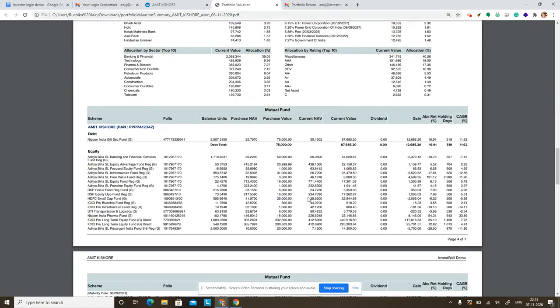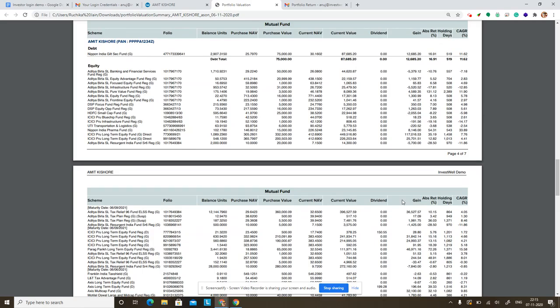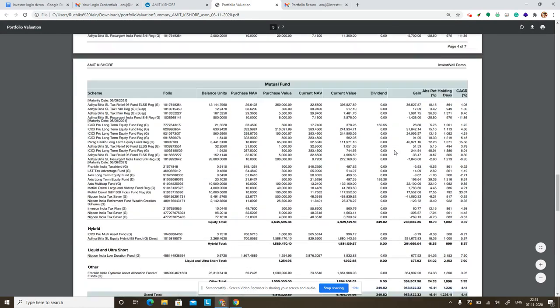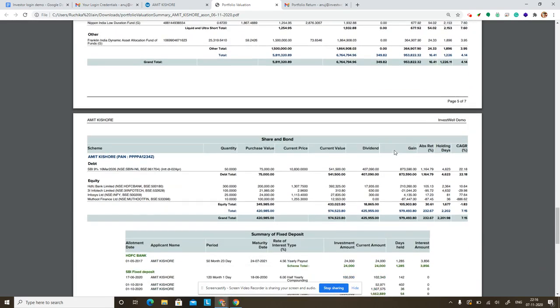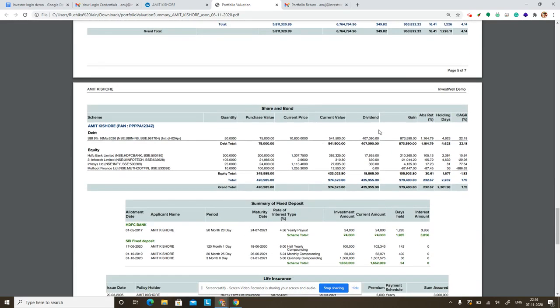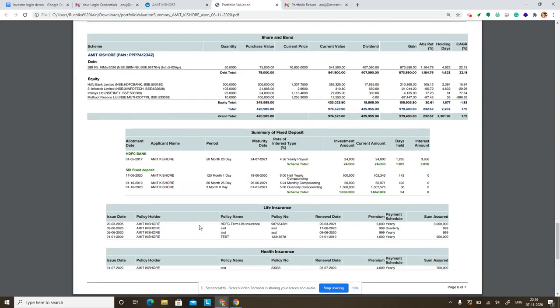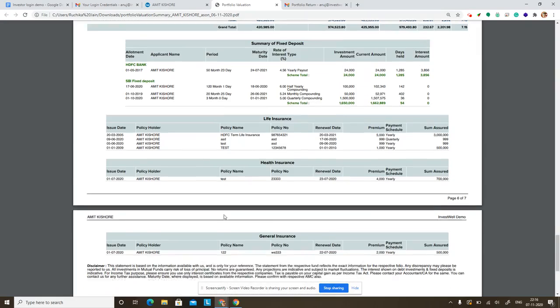Now, below this, we have a scheme wise portfolio report, the same one that you saw before on the screen, you can see in the PDF as well. So it shows you all the same columns that we saw on the web. And at the bottom, if you have other types of assets apart from mutual funds, you can see all of them together in one report. You can see shares and bonds, fixed deposits in case you have recorded them in the portal, insurance policies that you have,